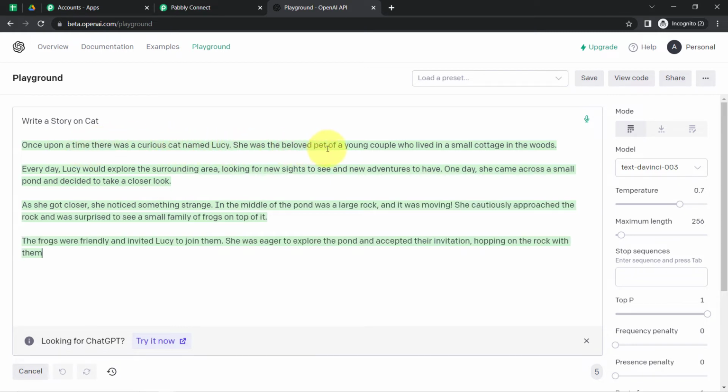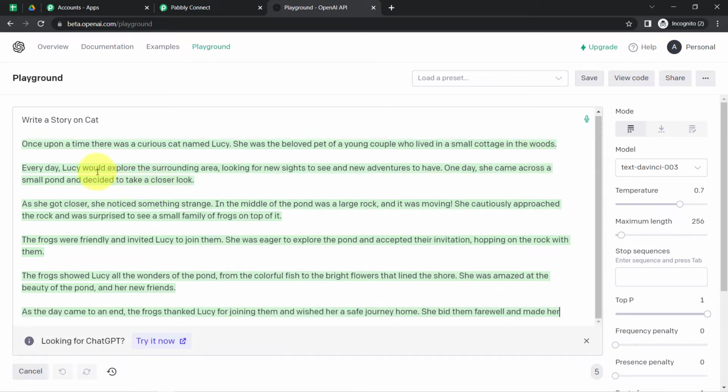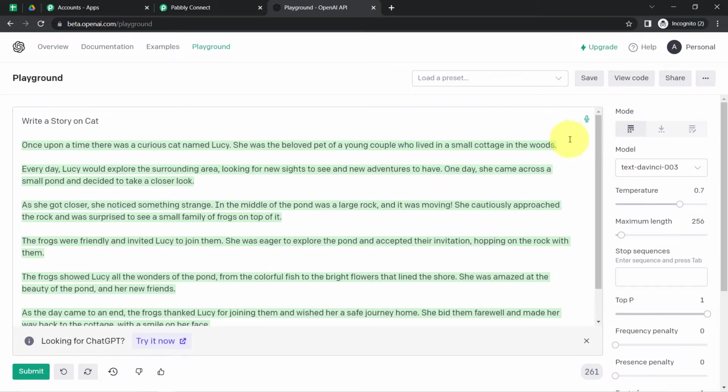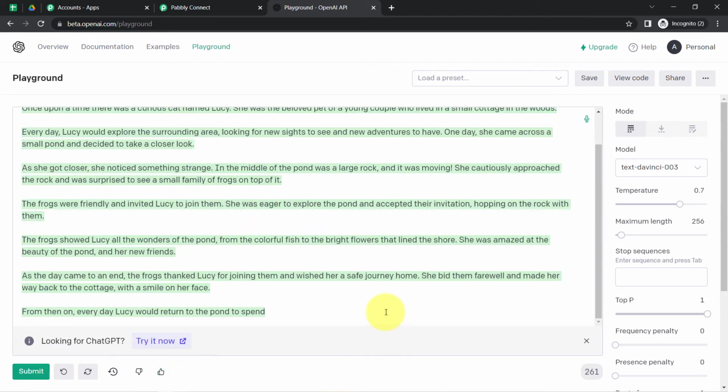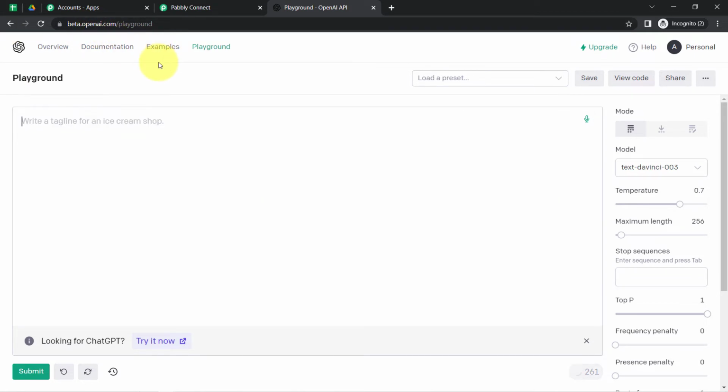She was the beloved pet of a young couple who lived in a small cottage in the woods. Okay, every day Lucy would explore the surrounding area looking for new sights to see and new adventures to have. One day she came across a small pond and decided to take a closer look. Okay, so you can see how interesting a story it has created automatically, and not just the story and the essay, you can even write the poem, you can write the articles,